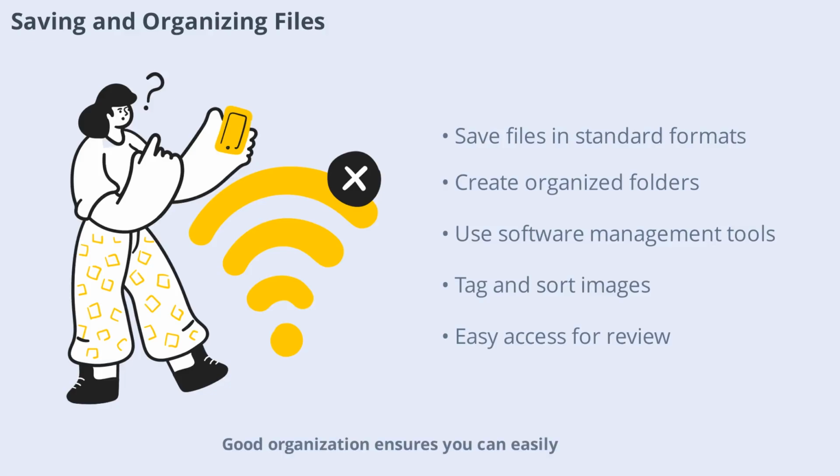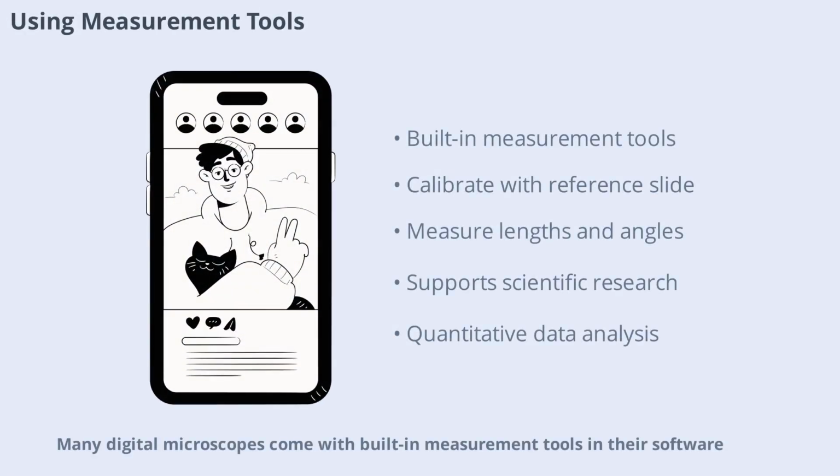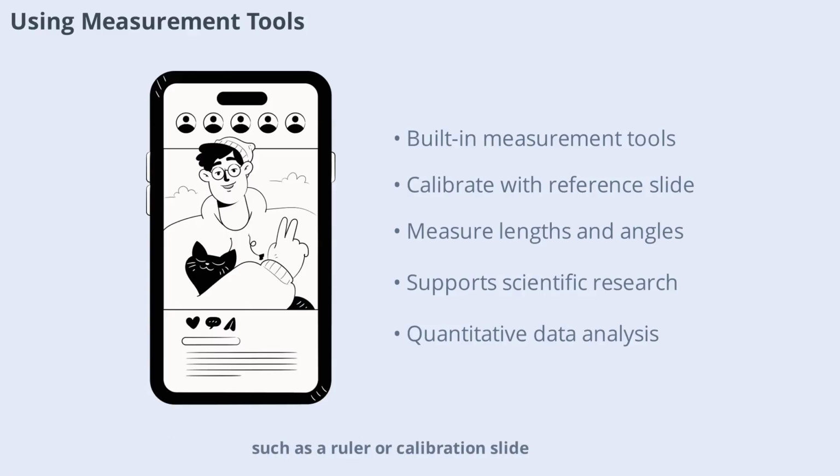Good organization ensures you can easily find and review your observations whenever needed. Many digital microscopes come with built-in measurement tools in their software. These allow you to measure lengths, areas, and angles directly on your captured images. Simply calibrate the software using a known reference, such as a ruler or calibration slide, and you're ready to make